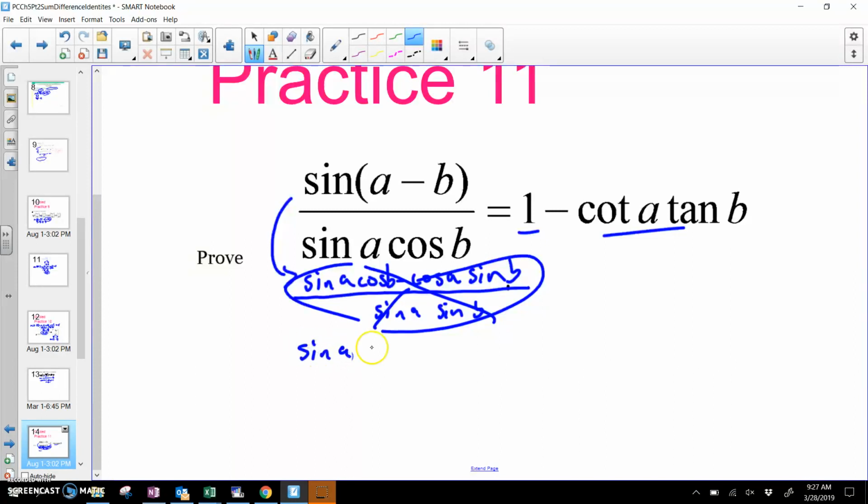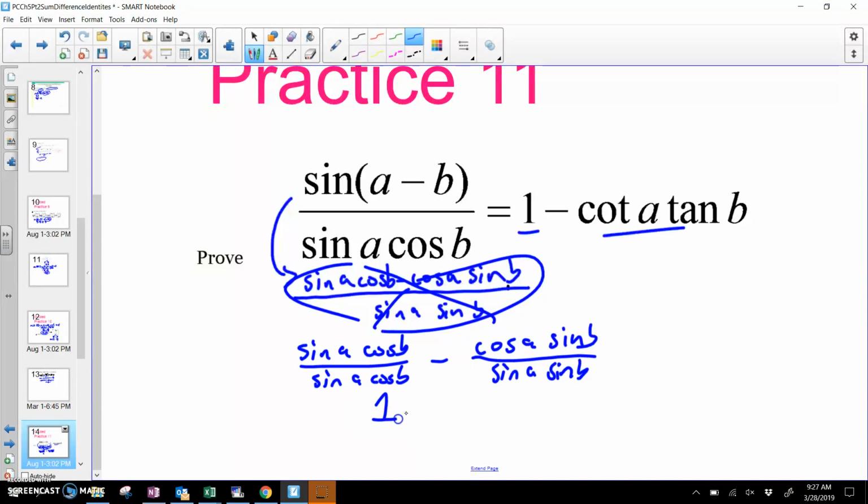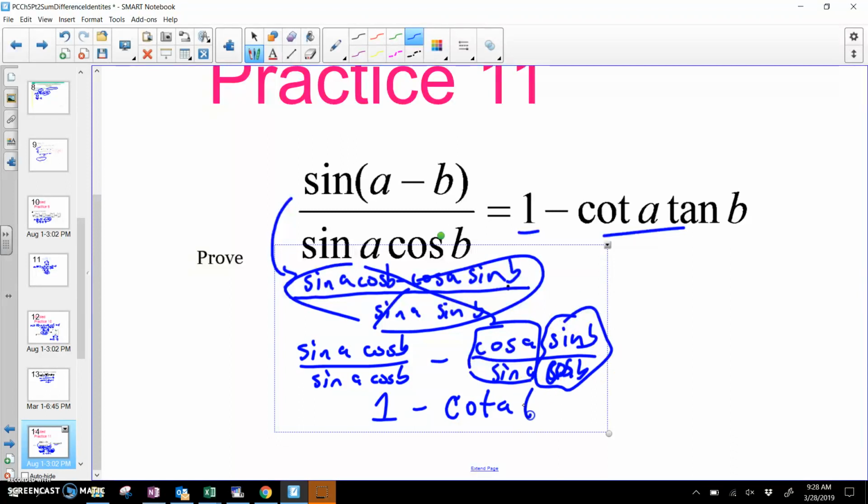So I have sine a cosine b over sine a sine b, minus cosine a sine b over sine a sine b. This is all the same, so that divides to be a 1 minus. I know that cosine over sine, they're both a's, so that is the same as cotangent of a. Oh, sorry, this was supposed to be sine b over cosine b. This would give me tangent of b. So you can see that was trickier, but